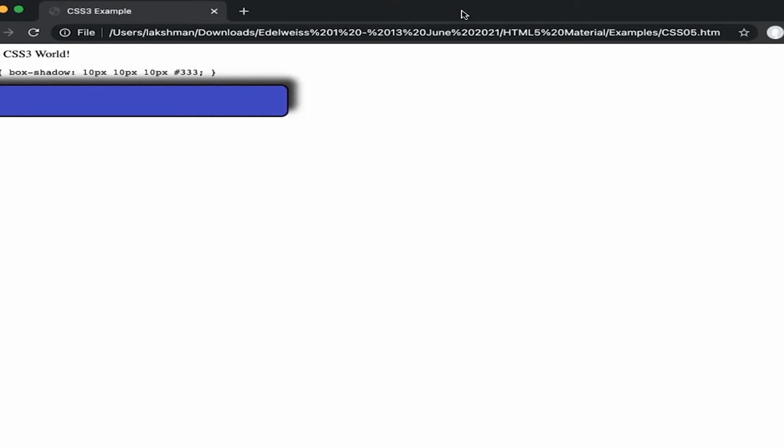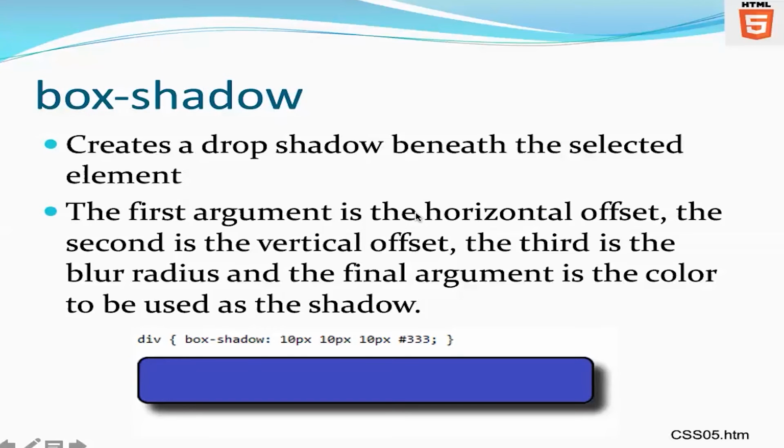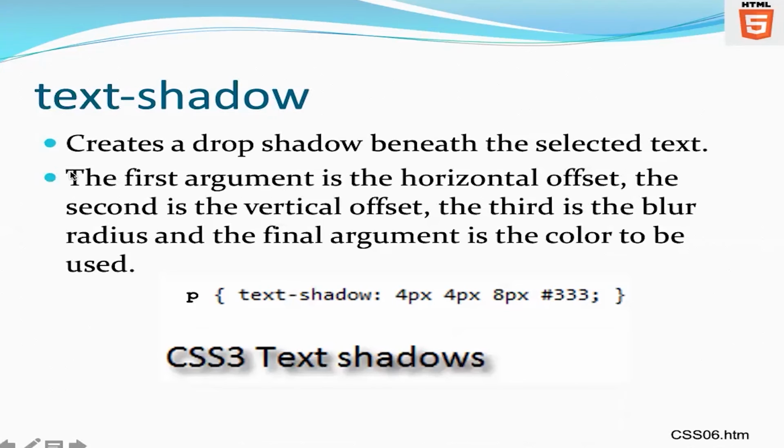Okay, so this is in the context of a property called box shadow, apparently one of the new features that has been introduced in CSS version 3. Well, the legitimate question that may arise is, if I can have a shadow for a box, why not for a piece of text? And that's precisely where we are. There's another property called text shadow. The name of the property is what changes. I repeat, the property is called text shadow. Horizontal offset, vertical offset, blur radius, and we have the shadow color.